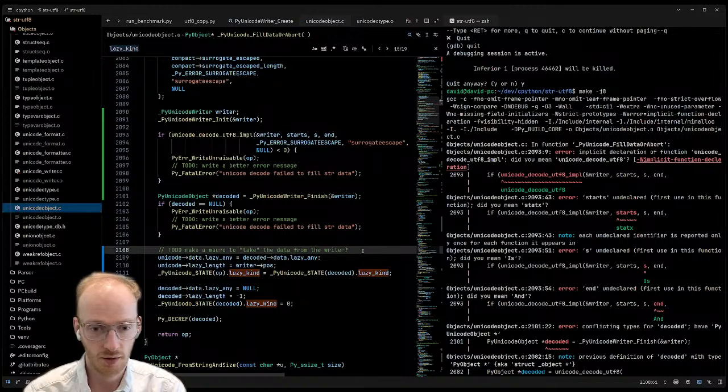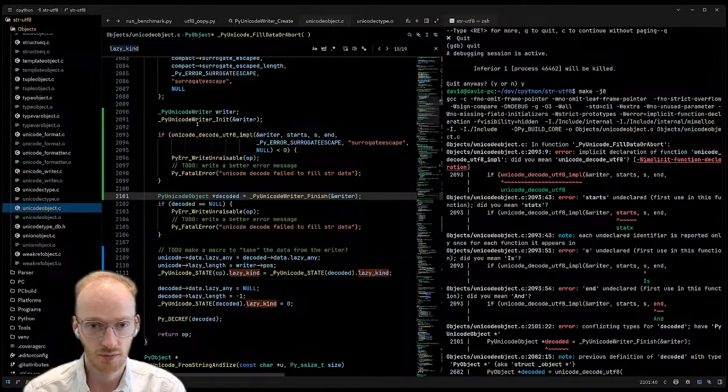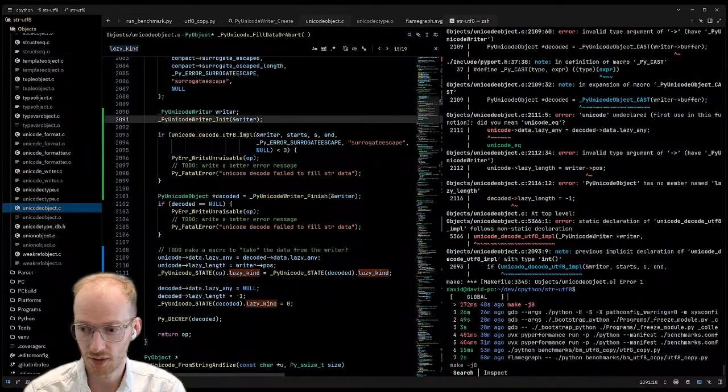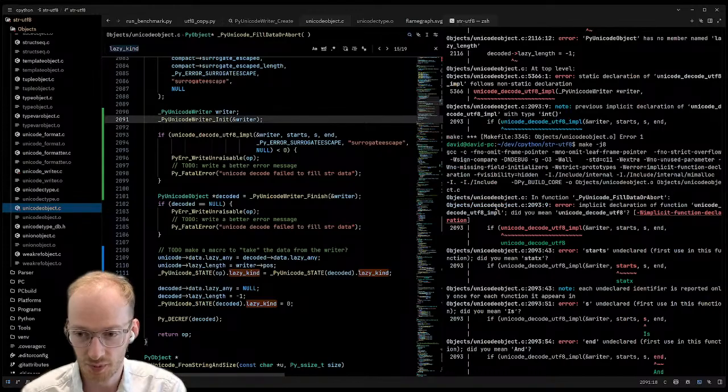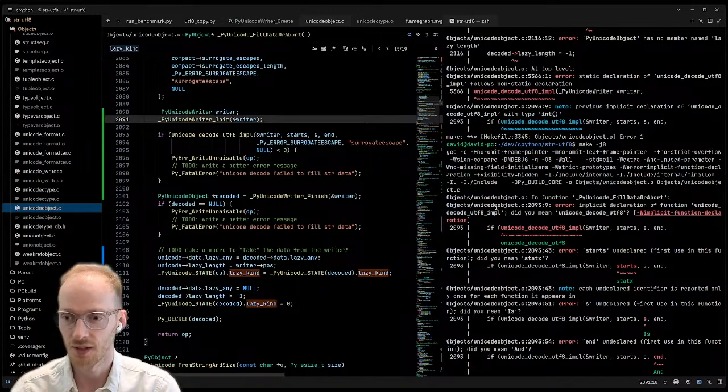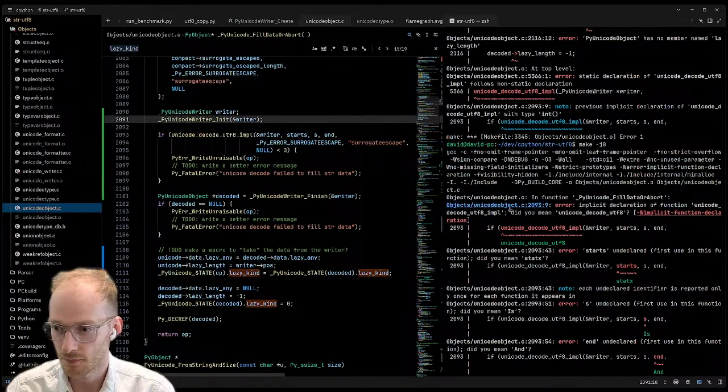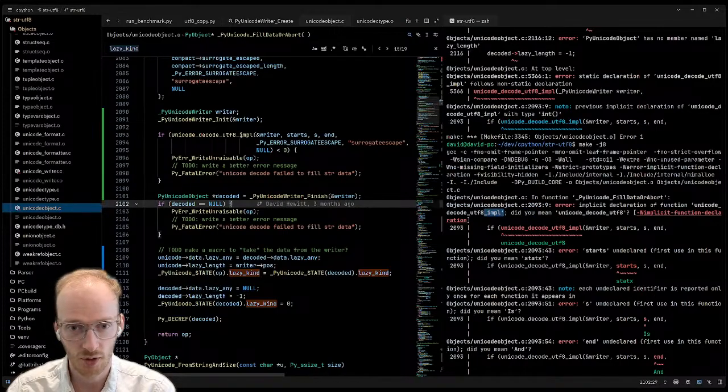Yeah, I guess we could also have a way where the writer filled the... That's one we had, a bit dangerous. That's more complicated, isn't it? This is a backwards compatibility path in the long run, I guess. Unicode decode UTF. I must have things upside down.